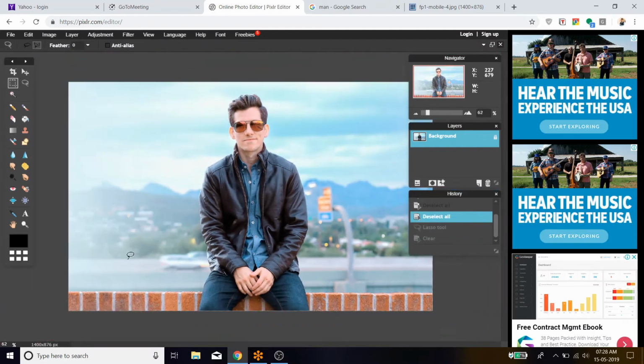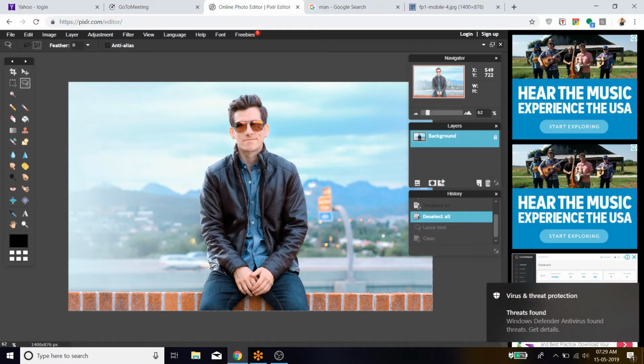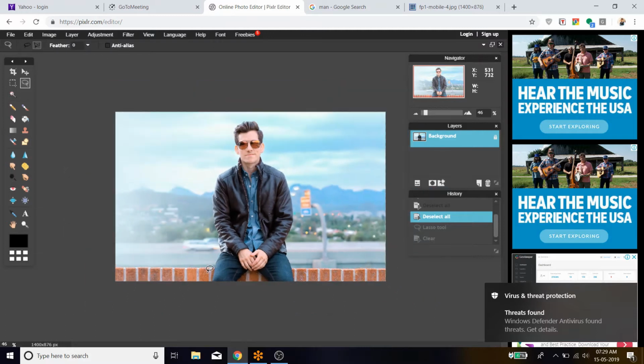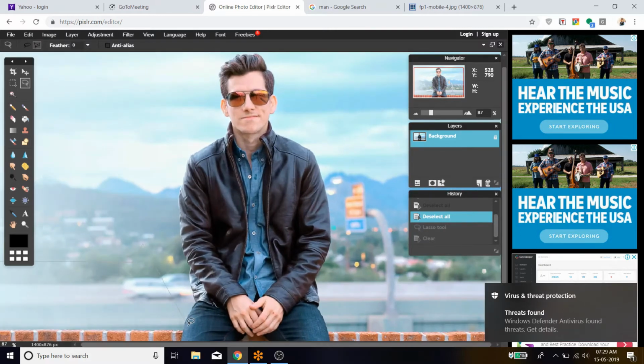Now what I am going to do, again select the lasso tool, then polygonal tool. Let's select the portion, start from here, select the portion to this end. You want to make the background image change, select that portion only.